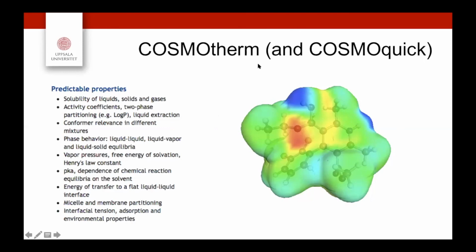COSMOtherm is a bit more advanced. There it calculates the whole system more thoroughly, and you're supposed to get a more precise result. At the same time, you can introduce molecules of your choice with pretty high precision. Whereas COSMOquick can also produce the structures